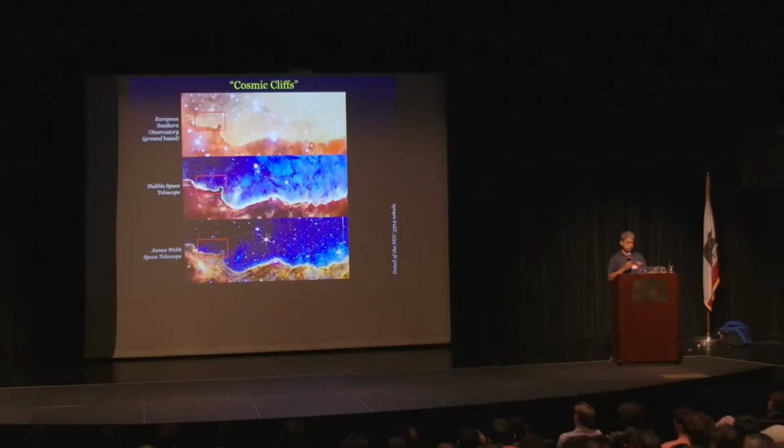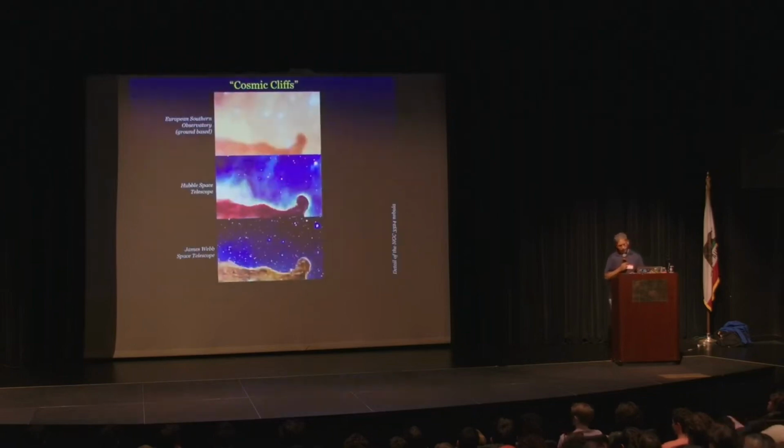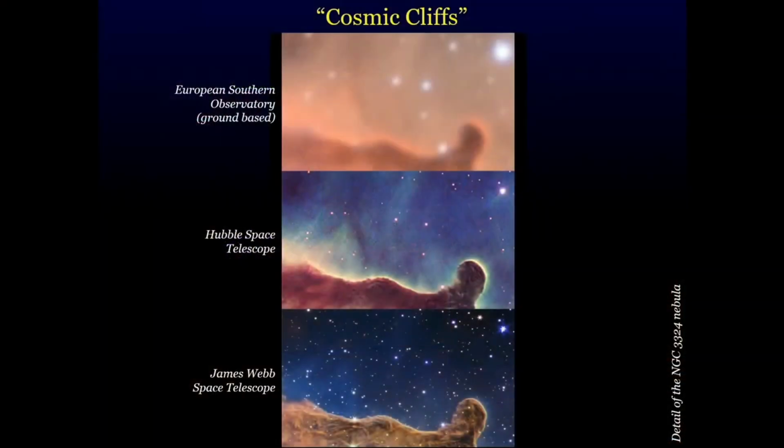Now, in the next zoom, I'm going to zoom in on that thing that looks like a thumb. That's a little piece of this cloud of gas and dust. I say little piece, but it's bigger than our solar system. In fact, there is a star and planets forming within that little thumb-shaped feature. So let's zoom in on that. And again, you can see the insane level of detail. Just see the extra stars that you can see in that lowest image with James Webb compared to Hubble or from the ground. If you're wondering why are people making such a big fuss about James Webb, these are examples of why. I'll show you some more images from Webb in a moment.